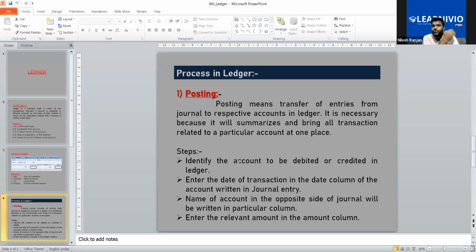If it is cash account debit to capital account, then it will go to cash and capital. If it is purchase to cash, then it will go to purchase account and cash account. If it is cash account debit to sales account, it will go to cash account and sales account. So this is how we have to post every entry into the ledger. Is that clear? Yes, sir. Okay. The next part is